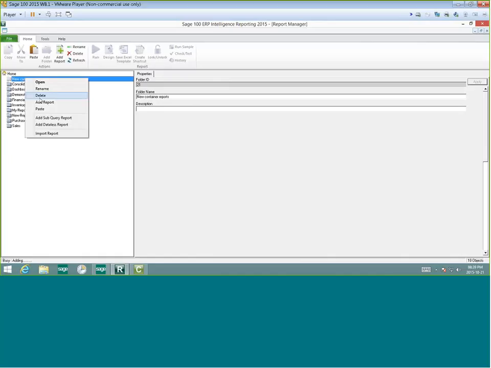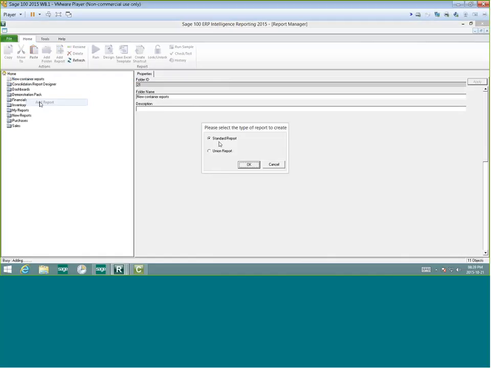A standard report is going to be a single report. If I want to do a dashboard, I would first create my standard reports, then create a union report and combine those standard reports that I wanted to use for my dashboard. Okay, so I'm going to start with a standard report, select OK, and I'm going to say my sales report,